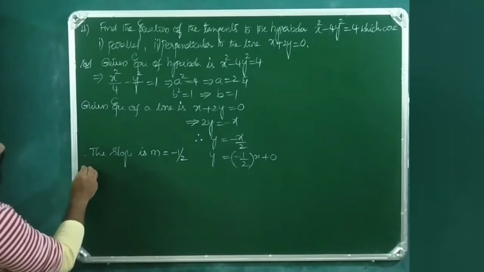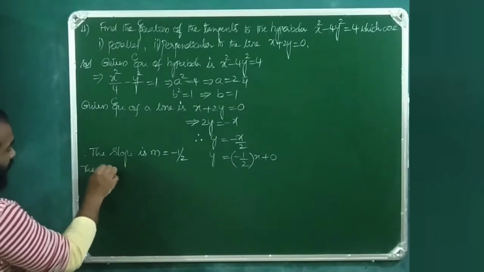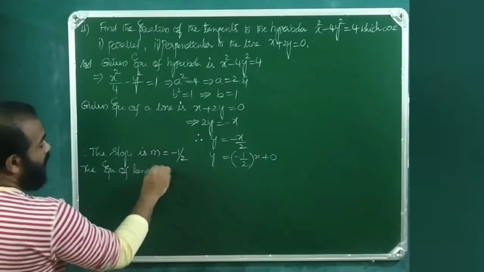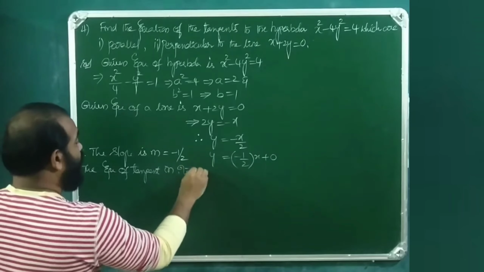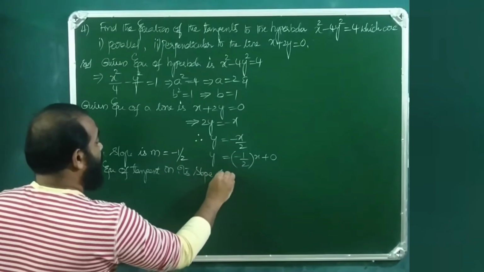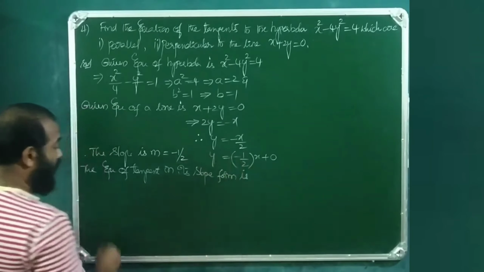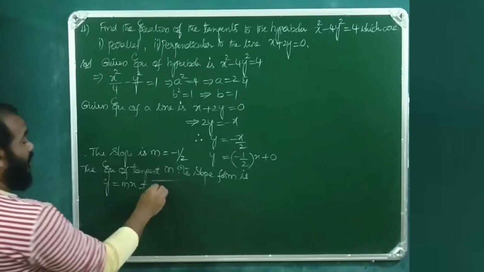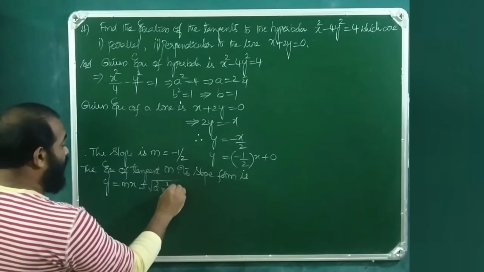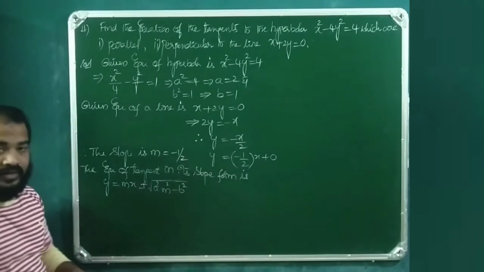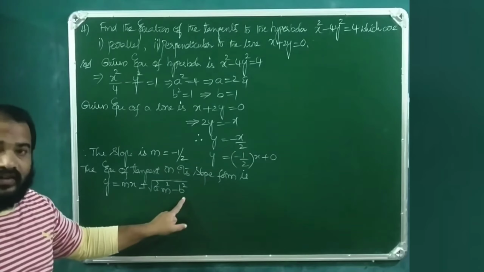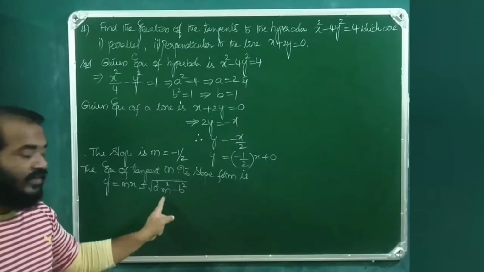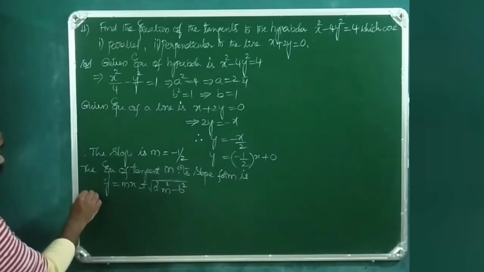Now, the equation of tangent in its slope form is y is equal to mx plus or minus square root of a square m square minus b square. Remember, a square m square plus b square is the slope form of the tangent to the ellipse. But for the hyperbola, it is minus b square. Now, first bit is